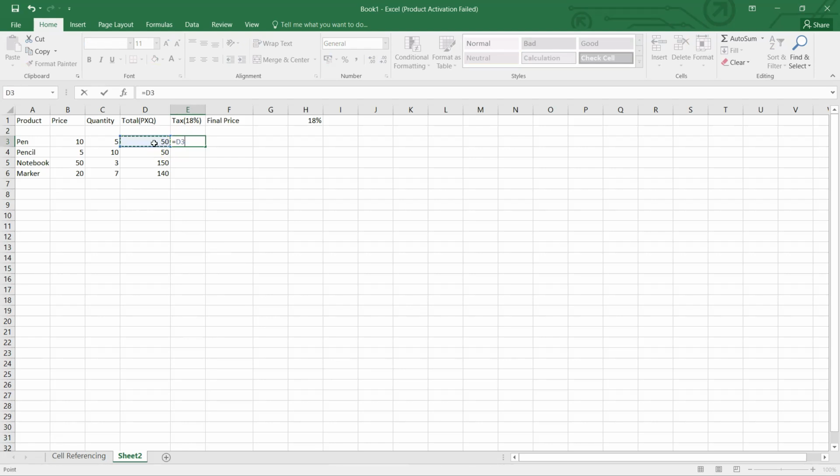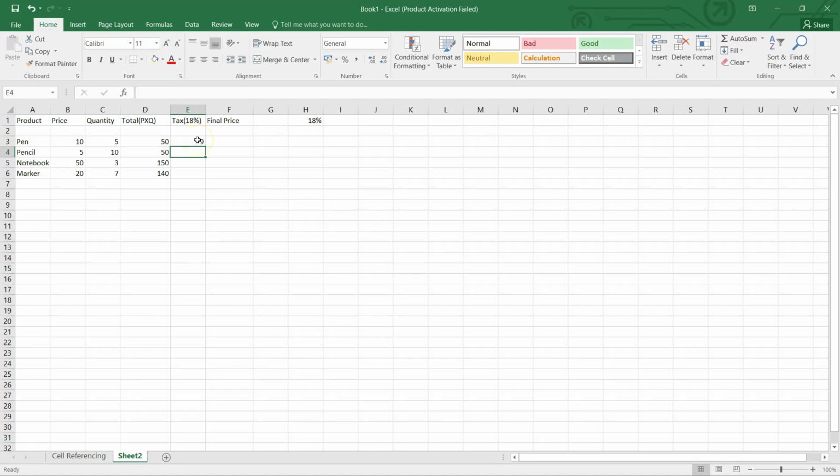You can just simply do it. Multiply it with H1. Now, I don't want it to be relative because it's not changing, right? It will remain same for such quantities or for such items. So I'm going to write my $ sign, H, $ sign and 1, or simply you can use your shortcut as well. And now my 18% is fixed.